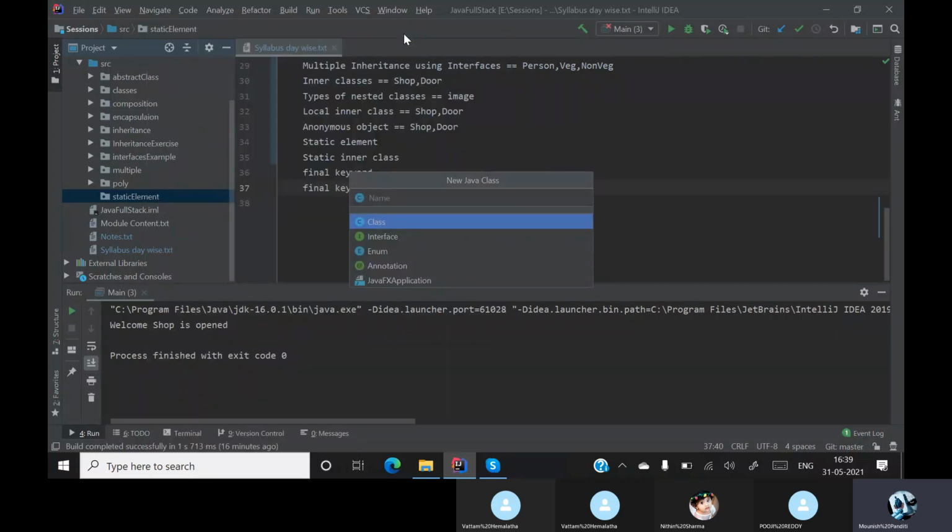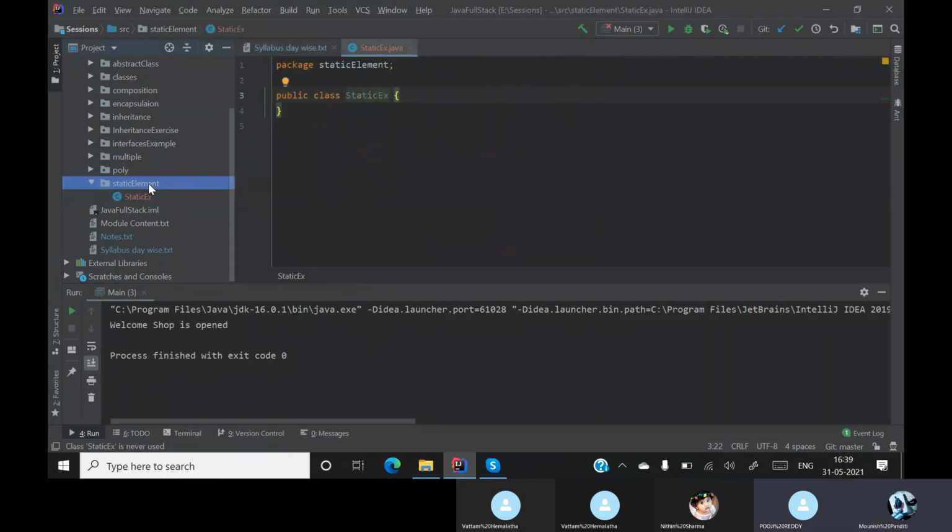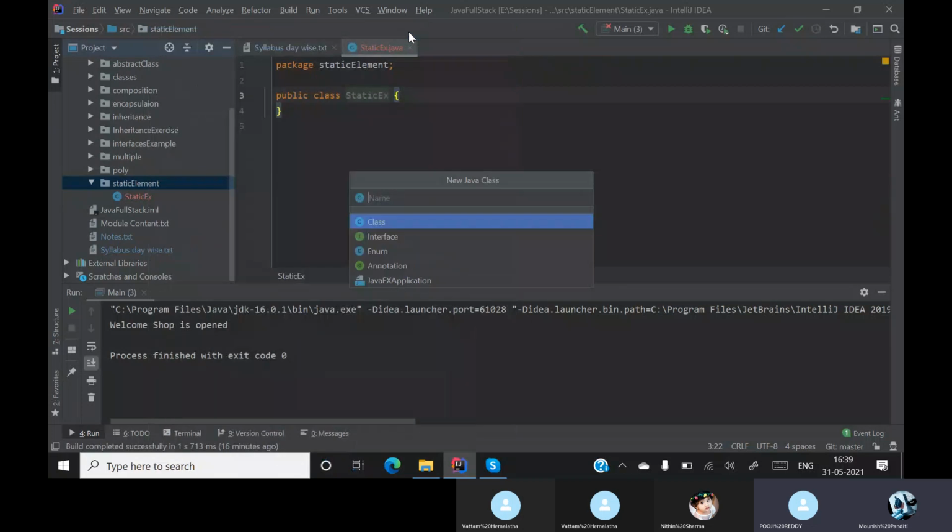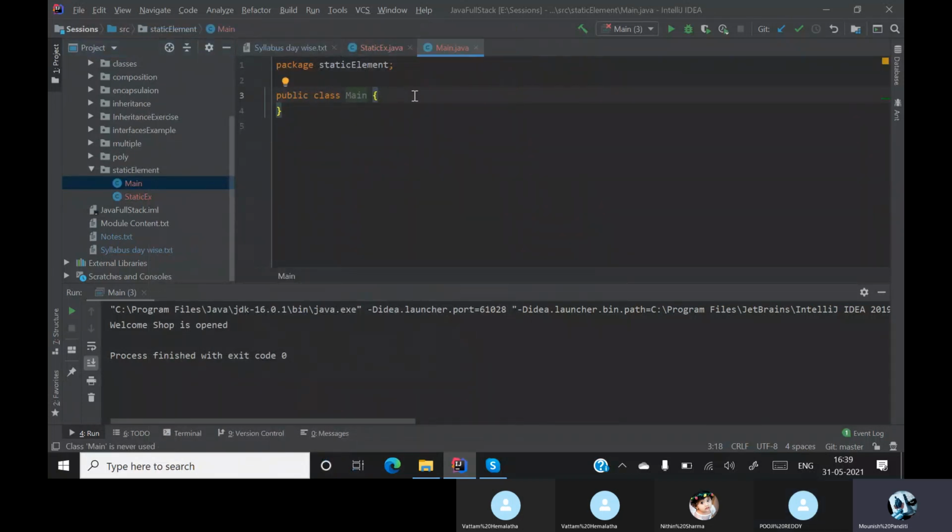Static means it doesn't change. No, it will change. Okay, fine. Let us see an example.